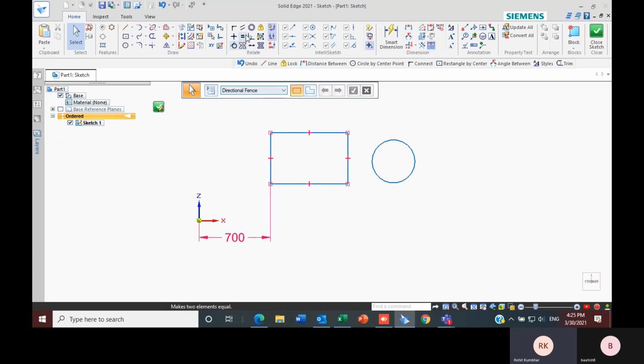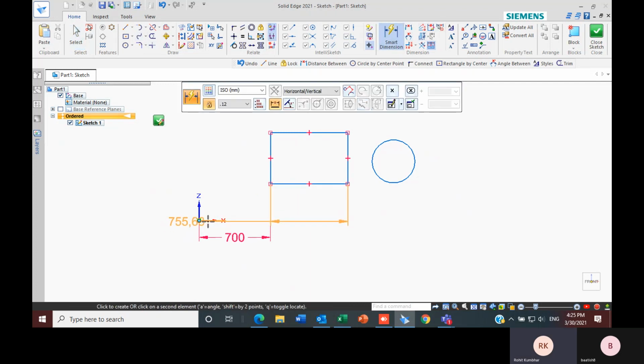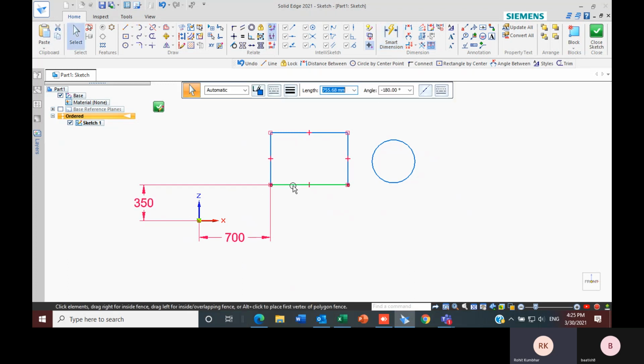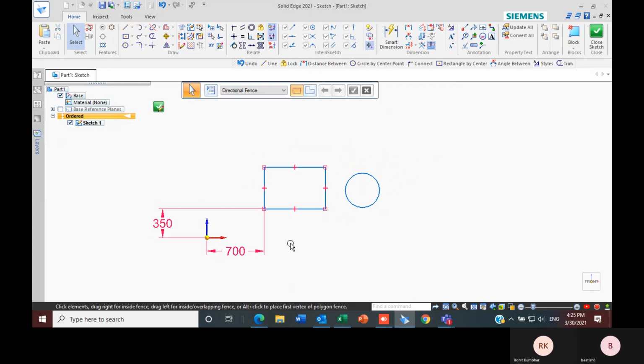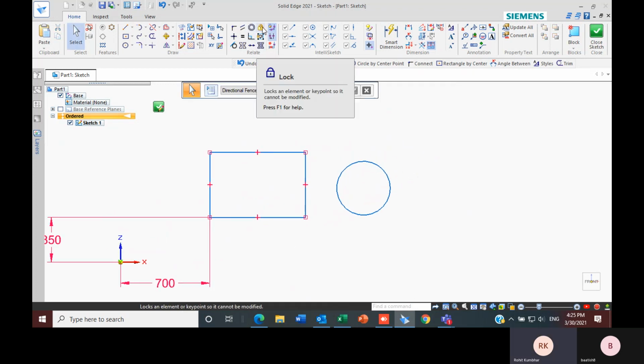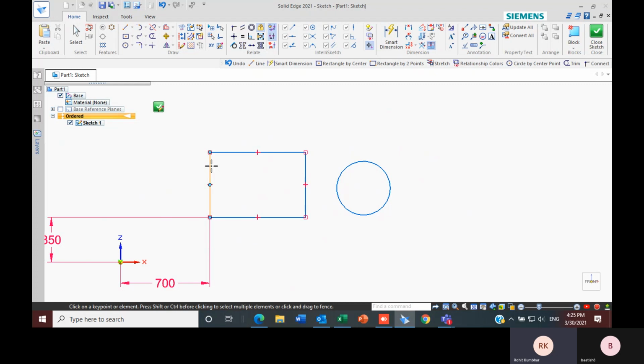I can do that also. So this lock is related to constraining of that sketch. Let's say I will keep another distance here. I'll keep it 350. If I try to lock this sketch, I just have to use this command.